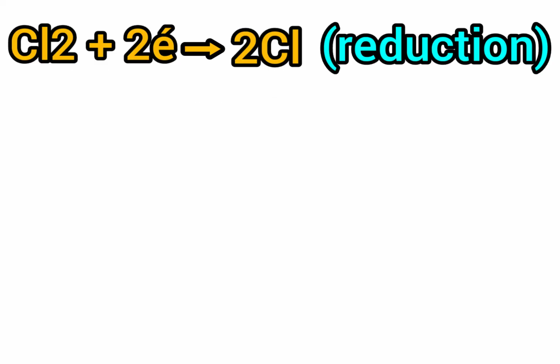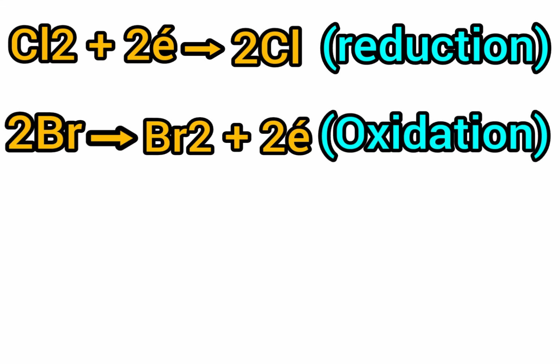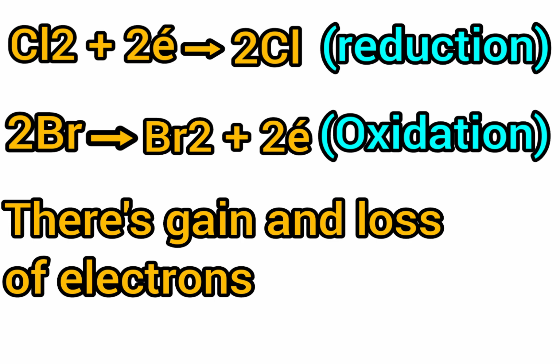The half equation looks like this. Chlorine plus 2 electrons gives you 2 chloride ions. This is a reduction. And we have bromide ions: 2 bromide ions give bromine plus 2 electrons. This is the oxidation reaction. So as a whole,